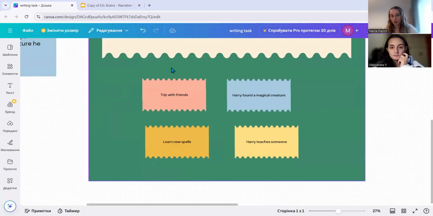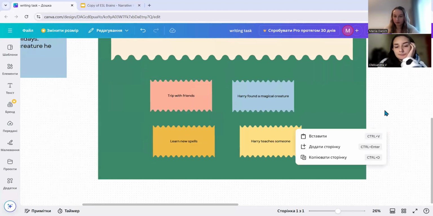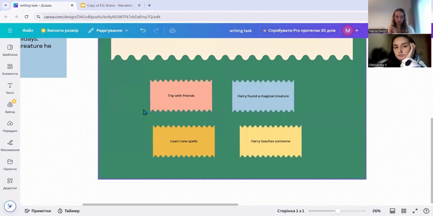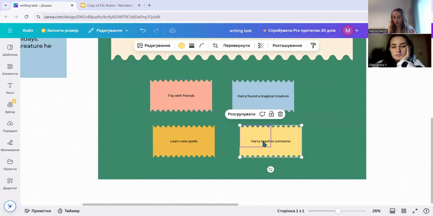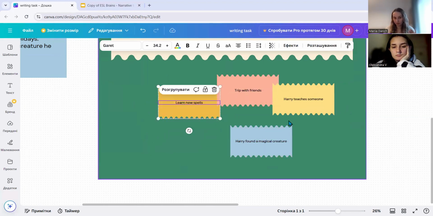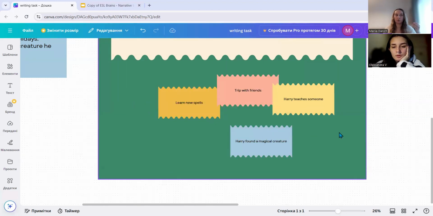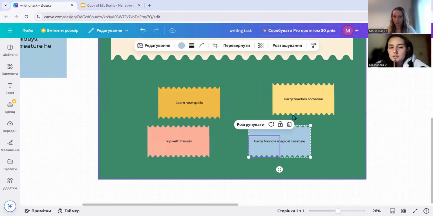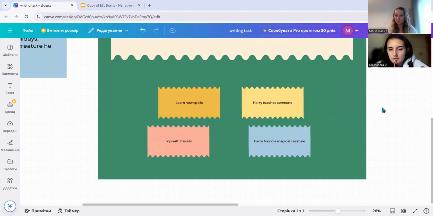So as you can see, we have 4 ideas for your letter written on separate notes. There is such a method called blocks. So those are your blocks of ideas. You can move them however you want to create the best letter. So you can think what would be better to say first, what would be better to talk about later, and so on and so on. And you can move those blocks around while thinking.